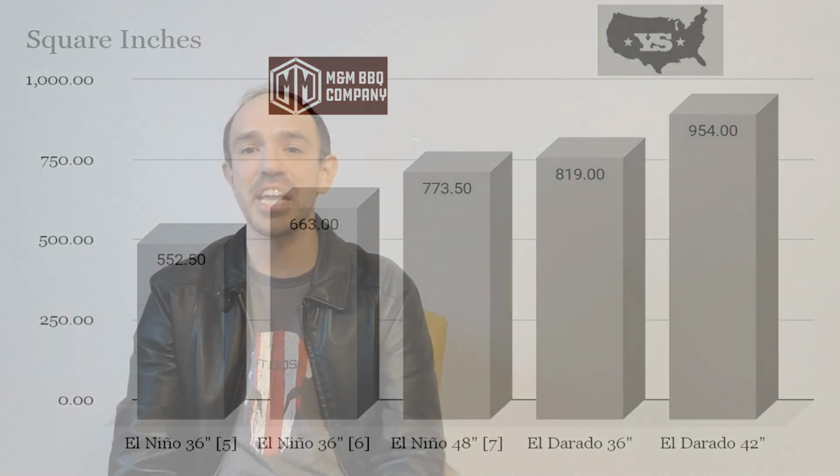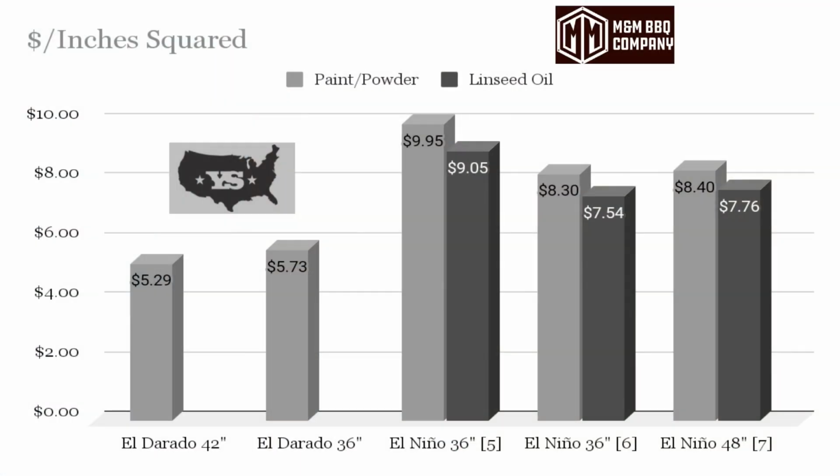Now, when we change and look at the dollar per square inch, we're going to see that the Yoder El Dorado is a good deal cheaper per square inch than El Niño from M&M. So it's not just less expensive, it's also less expensive per square inch. So for the 36-inch El Niño, if there's only 5 grill pieces, that is going to be